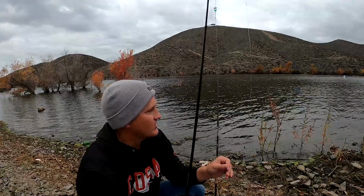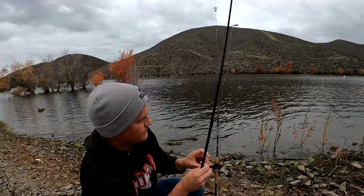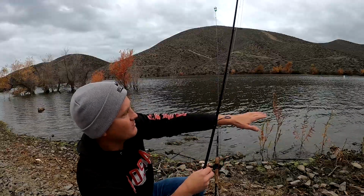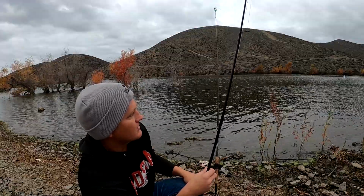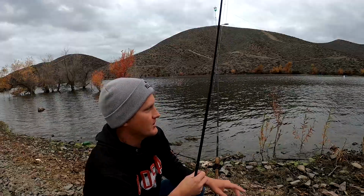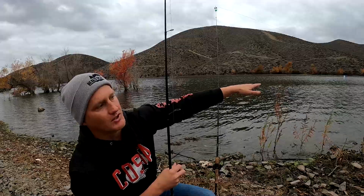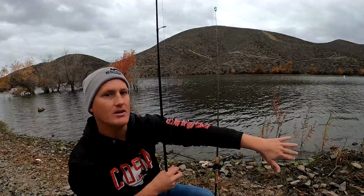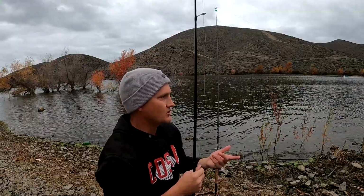And the reason I picked this spot, as you can tell on the ground, there's a lot of just chunk rock, and there's a big flat that goes out all the way probably to that buoy out there. It's a spot that I was fishing in the fall for largemouth a lot, because there's always shad hanging out on this flat, and then over to the right that chunk rock drops off into a muddy creek channel. And the reason I know that, I don't have any electronics on the float tube or the kayaks or anything back here. It's just from,